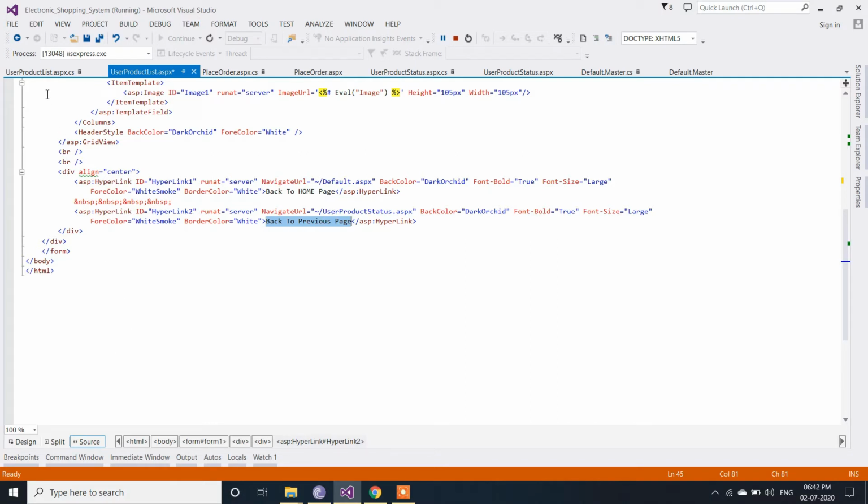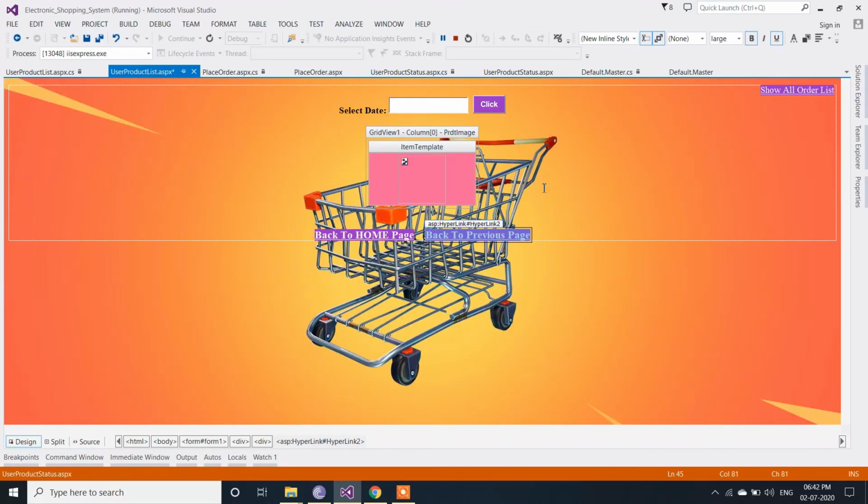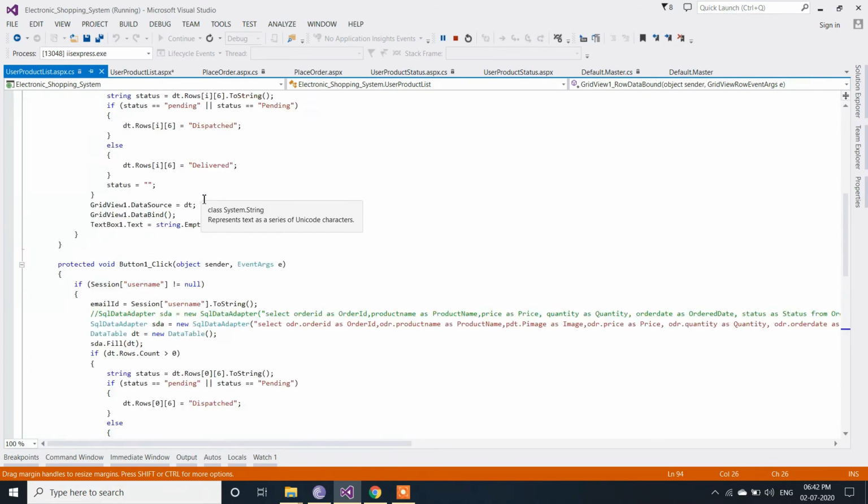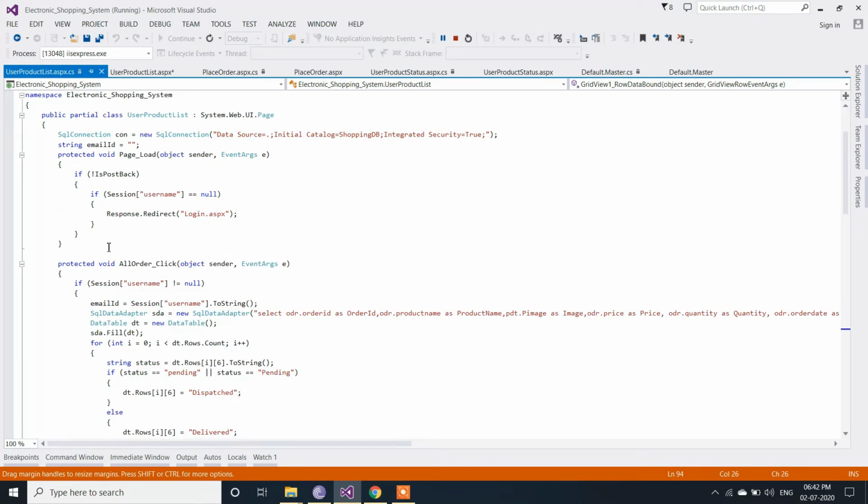So let's see what is inside the CS page. First of all, just close this edit and template editing. Let's see line by line, starting from the beginning.